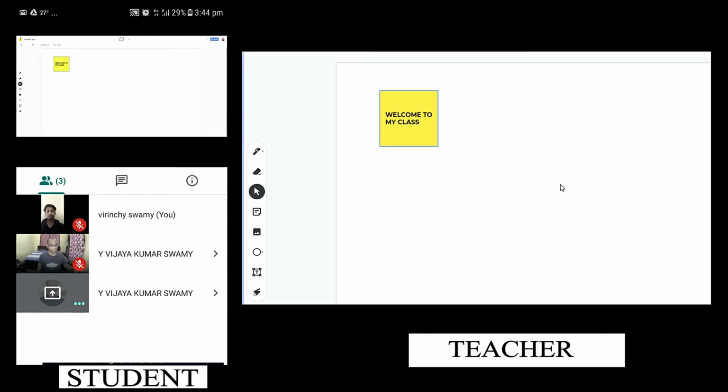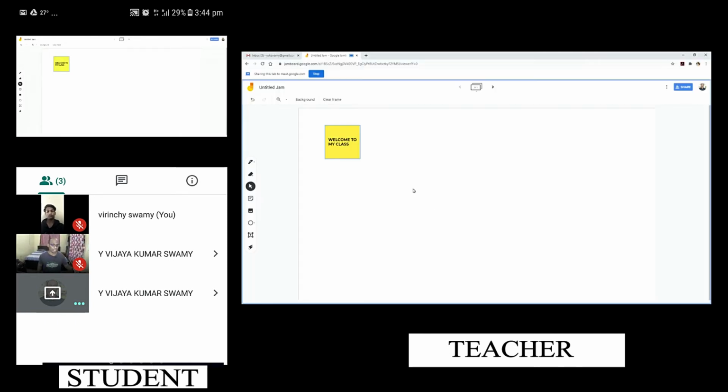So I can show you even that also. You can see here in the students login also, students can see what I am writing on this Jamboard. This board is not whiteboard, this is an interactive board. Students can write anything from their side and students can draw pictures. That means this board can be used for interactive way, especially for science teachers like biology teachers.